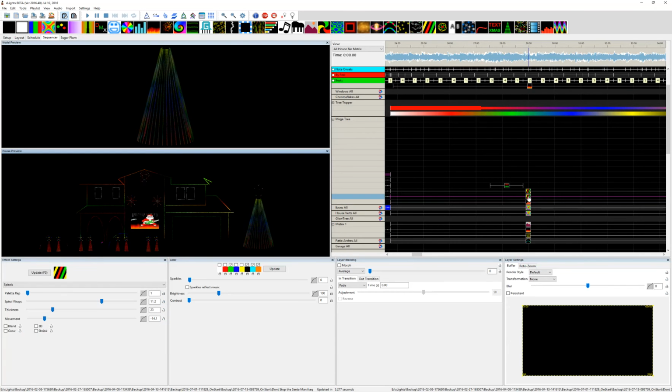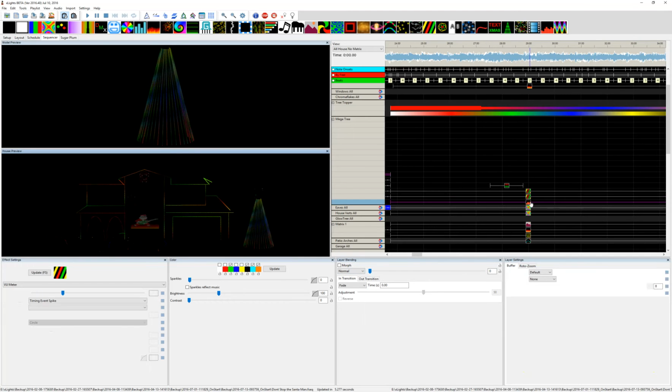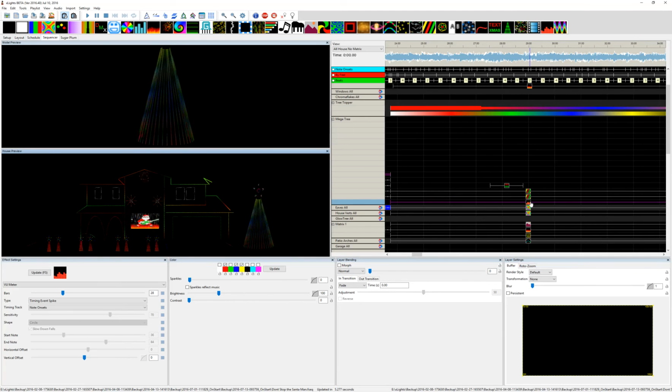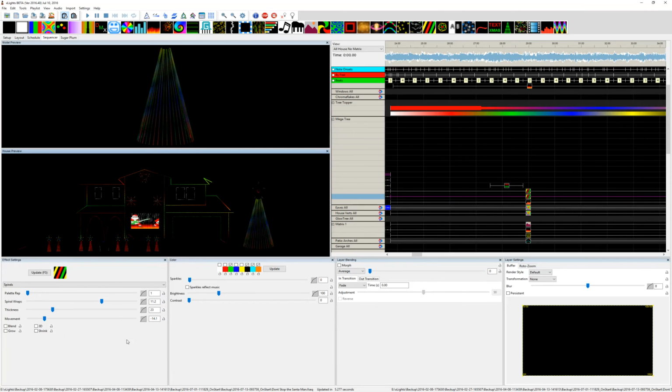Above that, I put it on a spiral and I chose these 4 colors. All right. And I told it to choose average. Now let's go back to this VU meter. That's on normal. Most of the time, everything on the bottom layer is going to be normal for me. Maybe I'll change that up later. But the second one becomes average, and you'll see the settings I chose: spiral wraps 11.2, thickness 23, movement negative 14.1. And the one on top is another spiral,